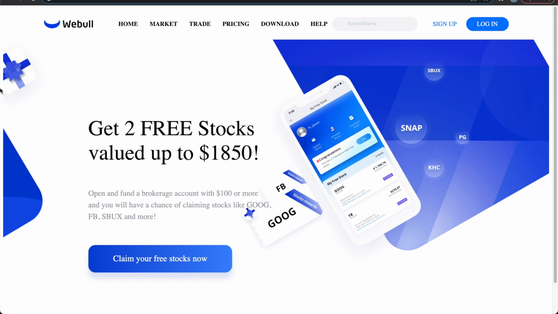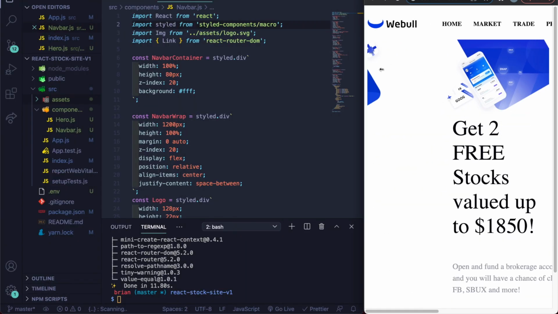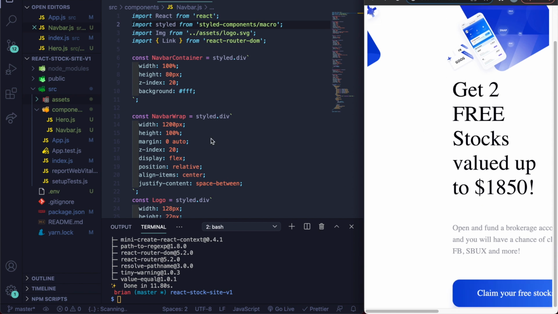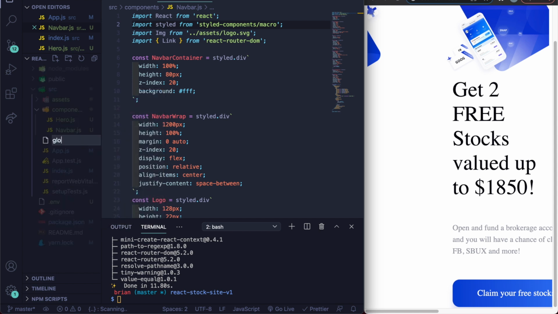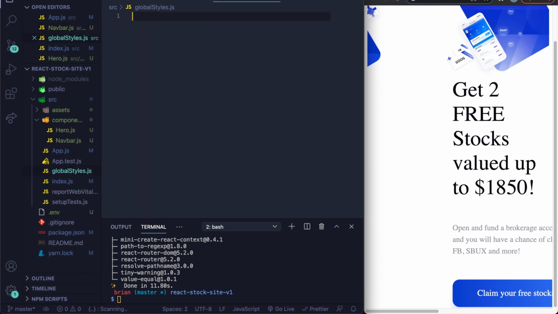The difference is we just have to reset the styles and also change the font, and maybe we can add the icon too. So let's do that first. I'm going to create a global styles file on the root of this. So in src, new file, call this one globalStyles.js, and basically here what we can do is just import a